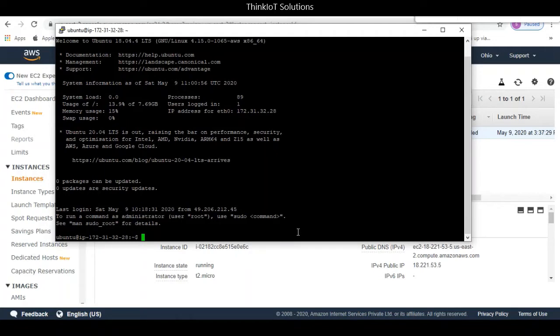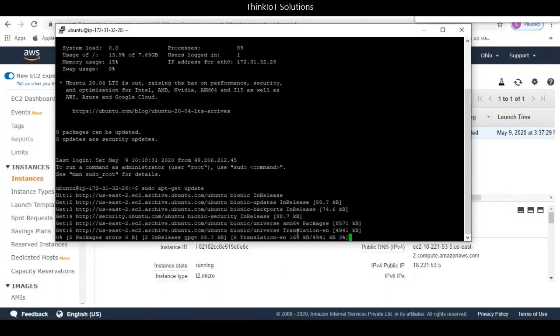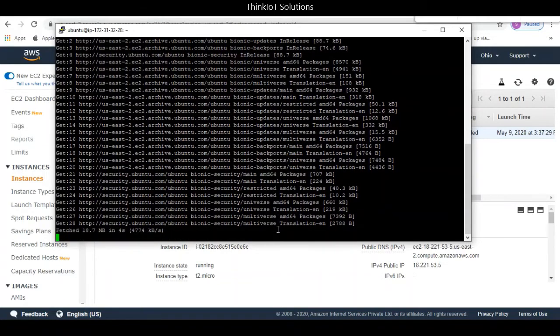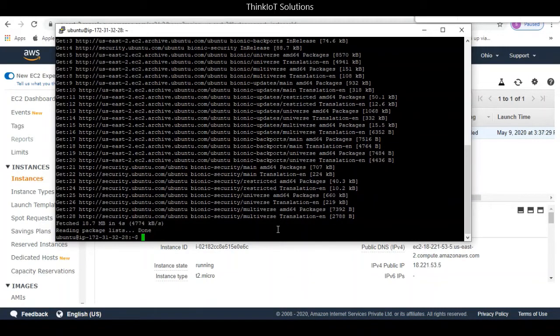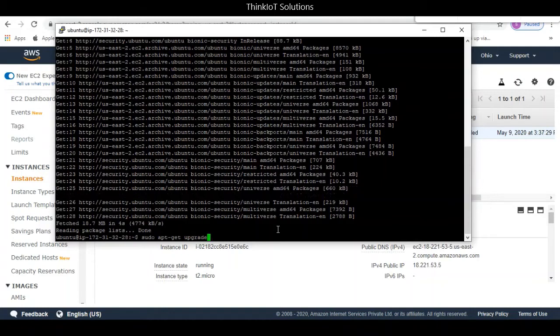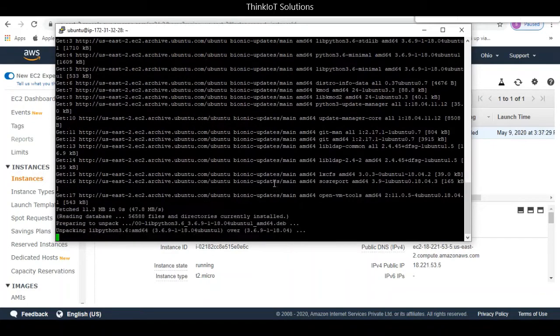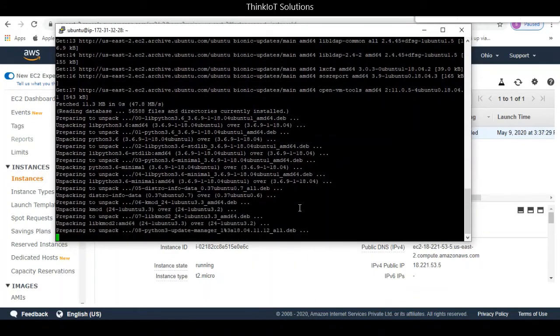Before we go for the further installation, we will just have to do a few updates and upgrades. So I'll just do those. So sudo apt-get update, and once this completes we will have to do upgrade as well, so that it will load all the latest packages that are there. So the update is completed. Now I'll just go for upgrade. Okay, so I'll click on yes for the additional memory that it is using.